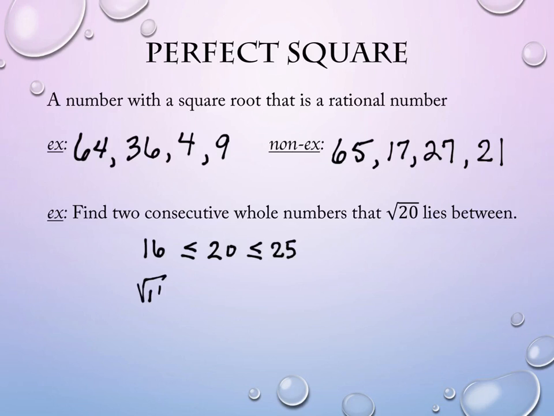What is the square root of 16? 4. And what is the square root of 25? 5. So what do you suppose you can tell me about the square root of 20? Is between 4 and 5. Absolutely. That's sort of one of those things that you should be aware of when you hit the square root